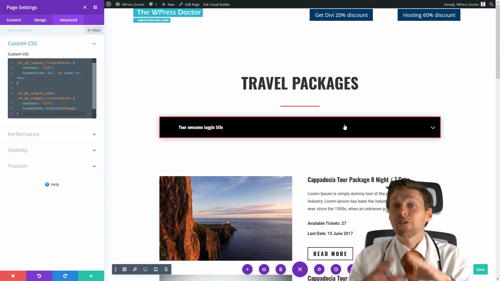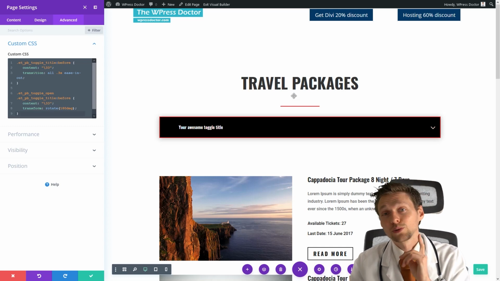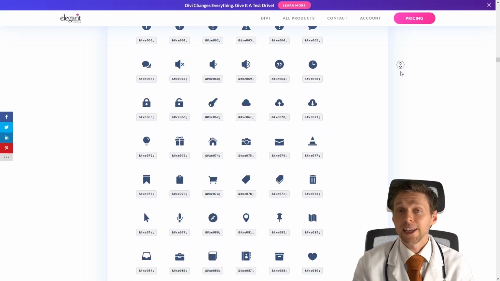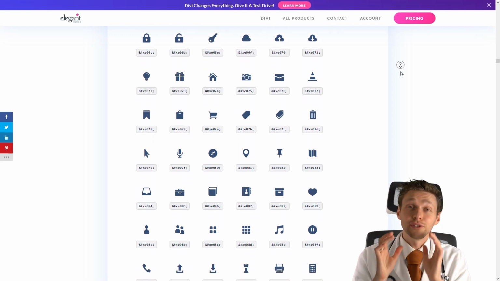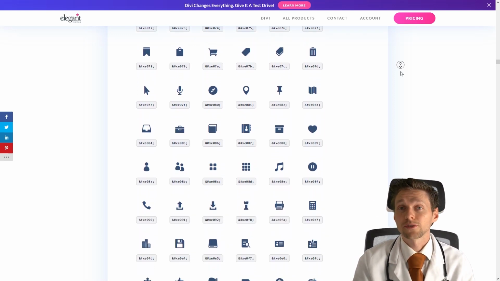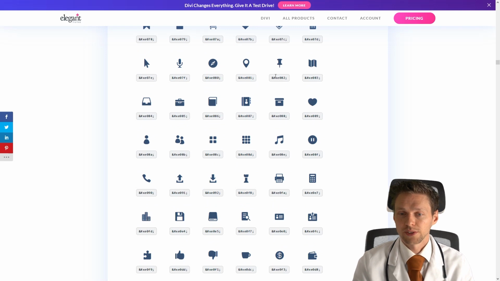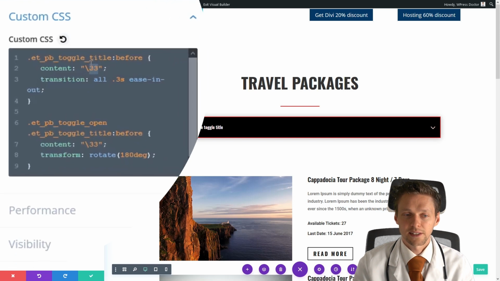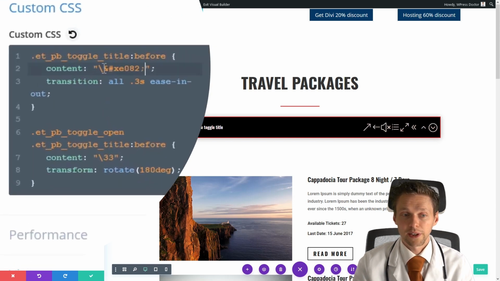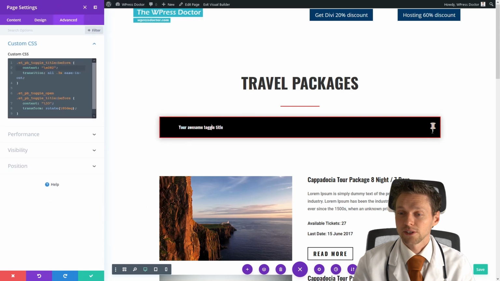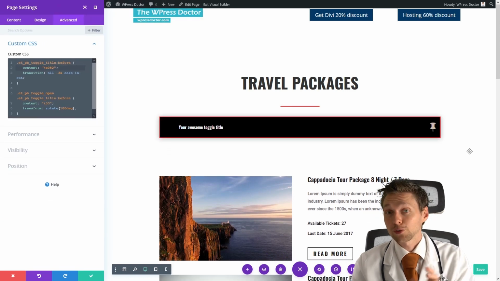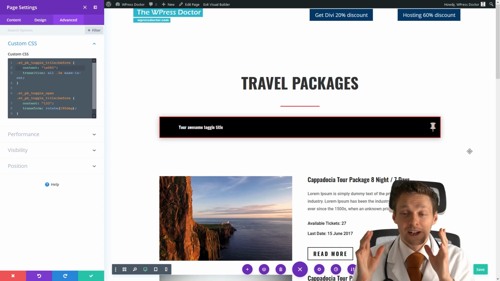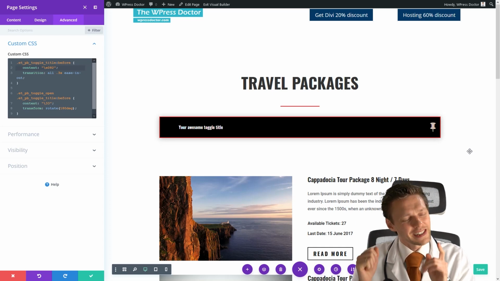Now, if you want to have another icon, just go to the website of Elegant Themes, and here you can select any icon you want. Be sure to only use it from the X. So if you want to use this one, just copy this entire thing, go back to your CSS, and remove everything before the X, and remove this one also. So now you have your icon that we have selected. That's how it works with these icons. All right, so that's basically it. Let's go to the next module.